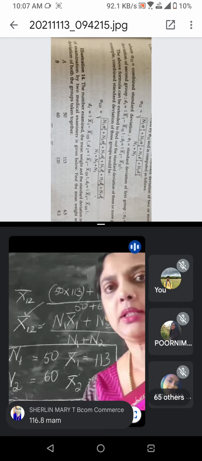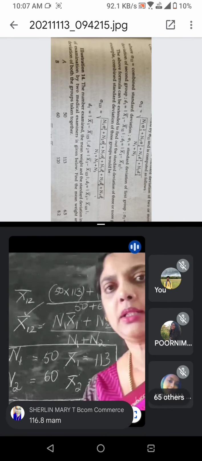So now we'll find out what is D1. D1 is nothing but, you have already found out a combined mean, right? So from that combined mean, what is the difference between the present mean and the combined mean? D is nothing but the difference between the present mean compared with the combined mean. So what is the present mean? D1 is mean 1 minus combined mean. So please, if it is negative, you have to write it in negative only, minus answer, right?